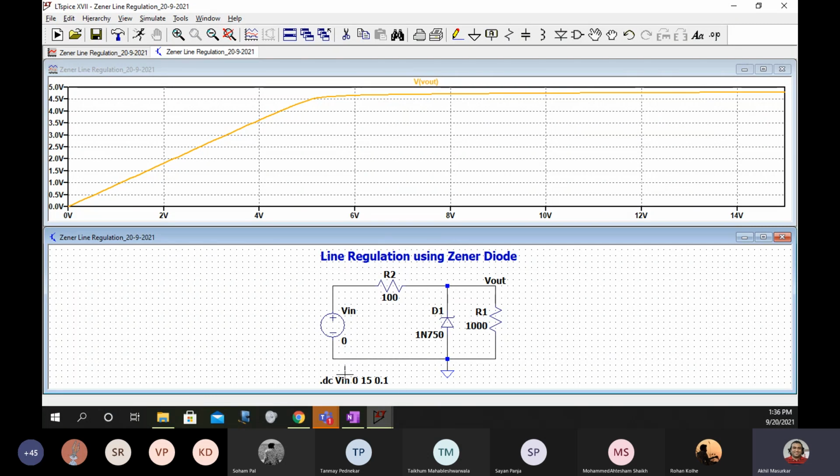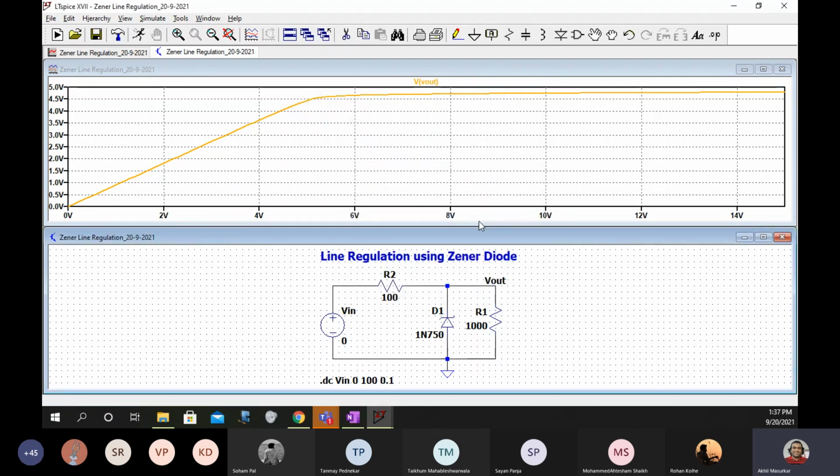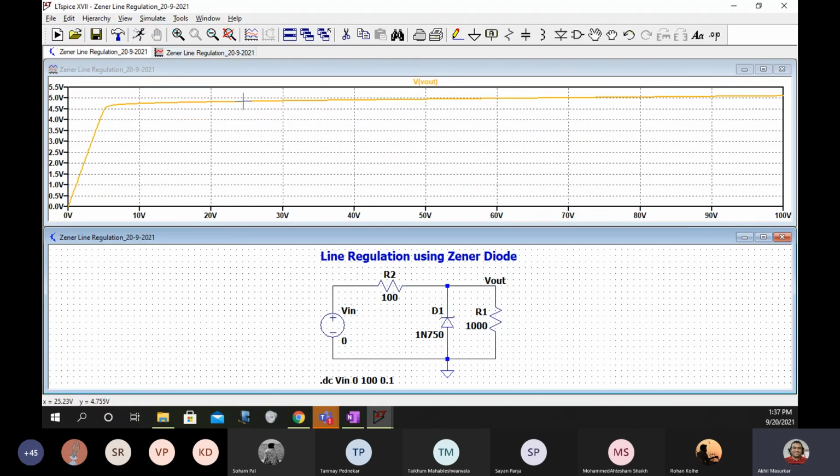Like for example, if I make this 100, LTspice will show me up to 100, but that's not true because LTspice is not considering the upper limit of the maximum current that the diode can take. Now why is LTspice not considering that?